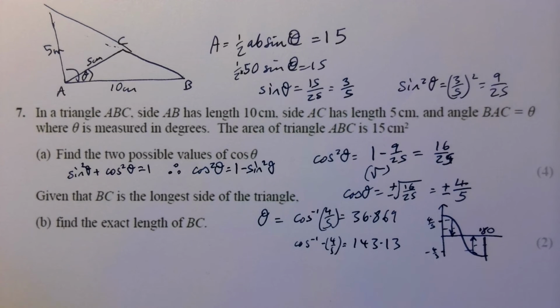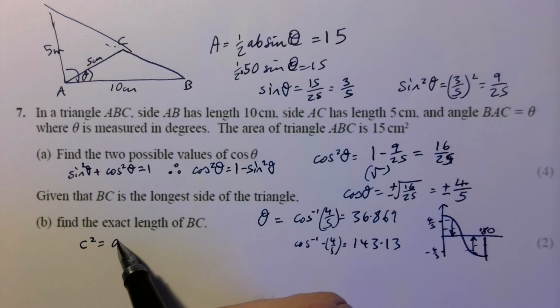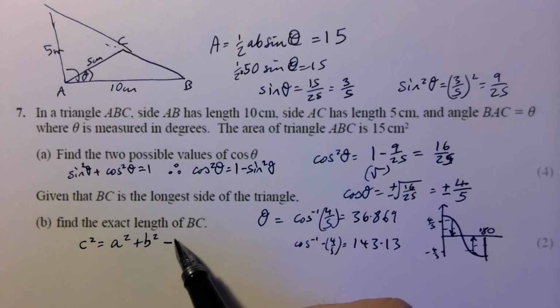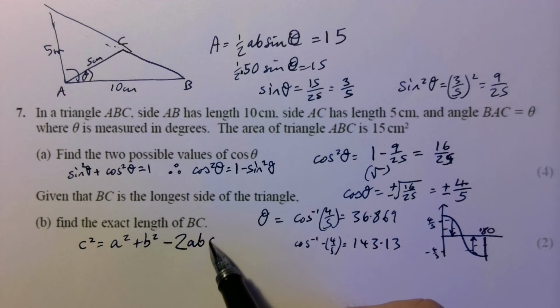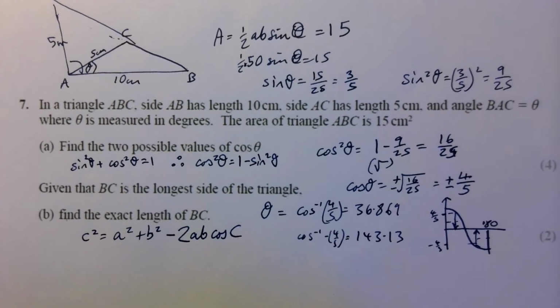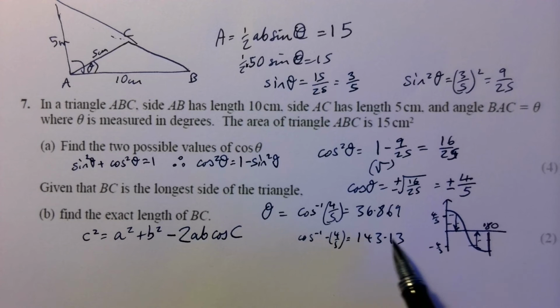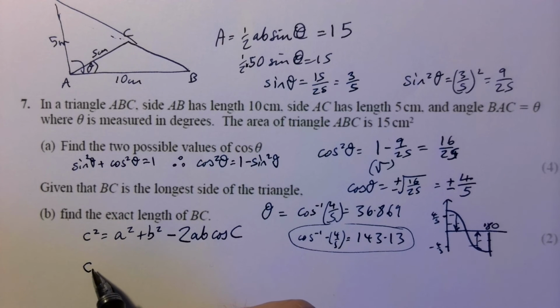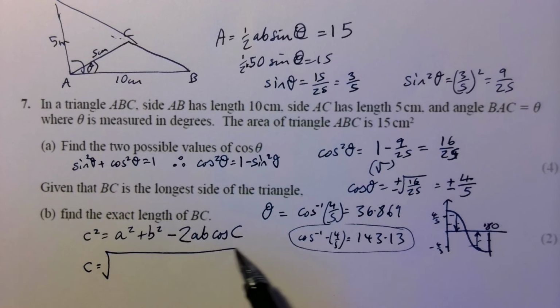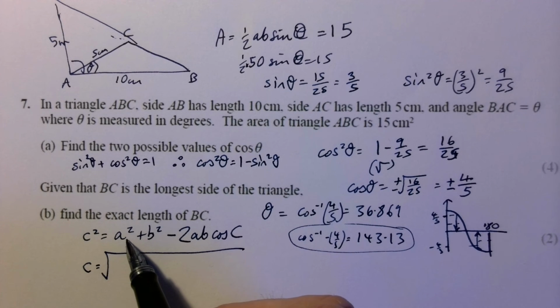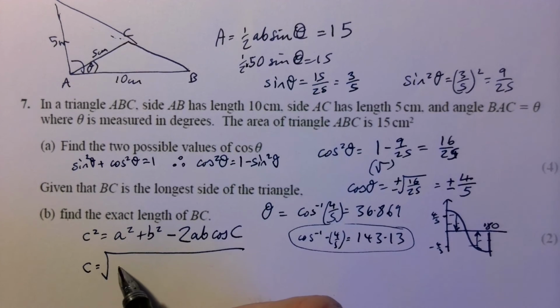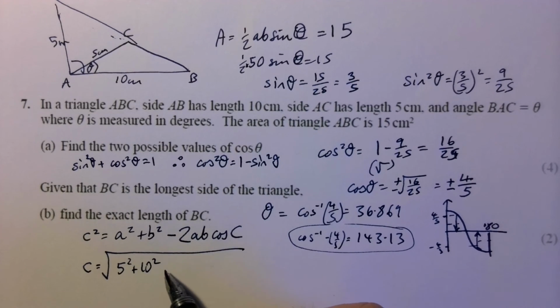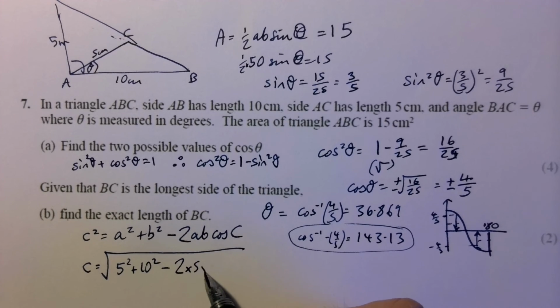We want the length of BC, so we are going to be using c squared equals a squared plus b squared take 2ab cos c. Now we know that cos c, because we want the obtuse angle, is the negative 4/5 one, that we're going to be putting it into here. Now I want the exact length, so I'm going to be going for the square root of a squared, which is one of those two lengths, doesn't matter which one, 5 squared plus 10 squared, take 2 times 5 times 10,